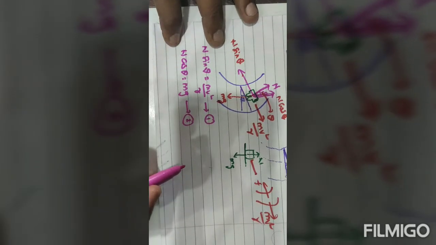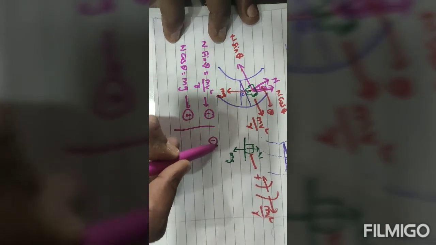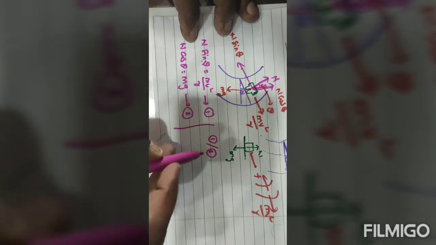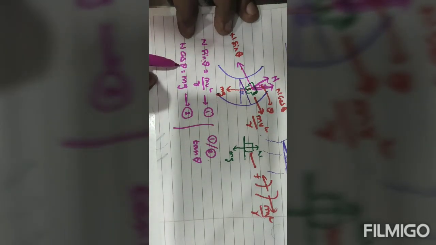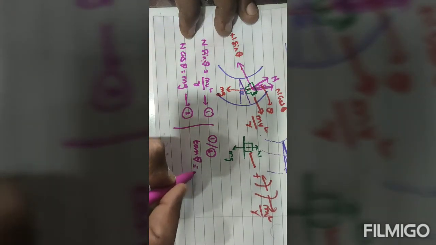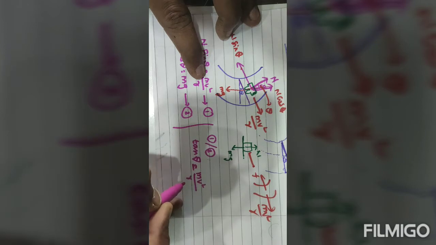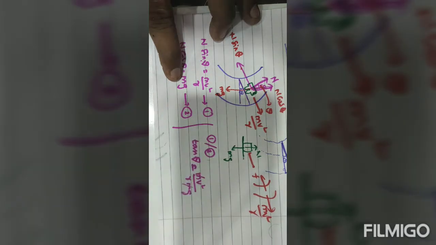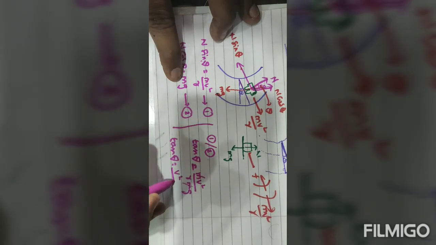Okay, now what am I going to do? We can divide equation number 1 by 2. That is the next step. Equation 1 divided by 2. Then what will come? n sin theta divided by n cos theta, so n will be cancelled. I can write tan theta. Sin theta divided by cos theta is equal to tan theta, equal to mv squared divided by r, then divided by mg. So m value cancels, and we can write tan theta is equal to v squared by rg.